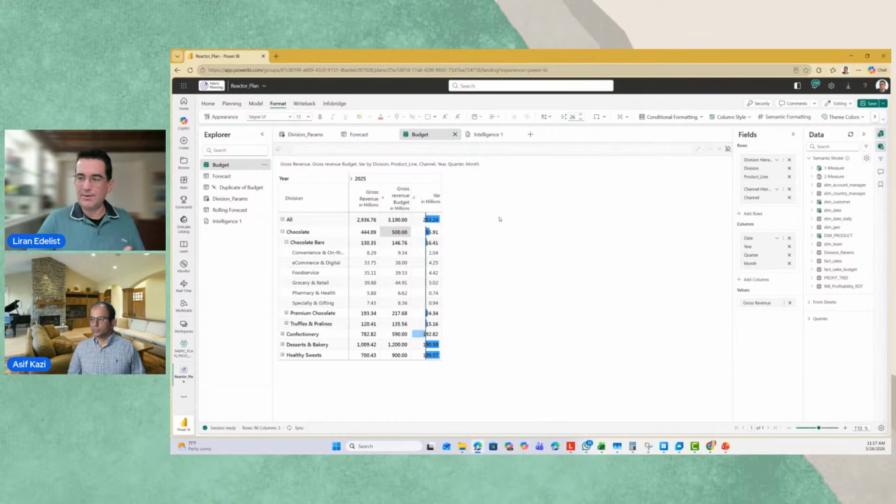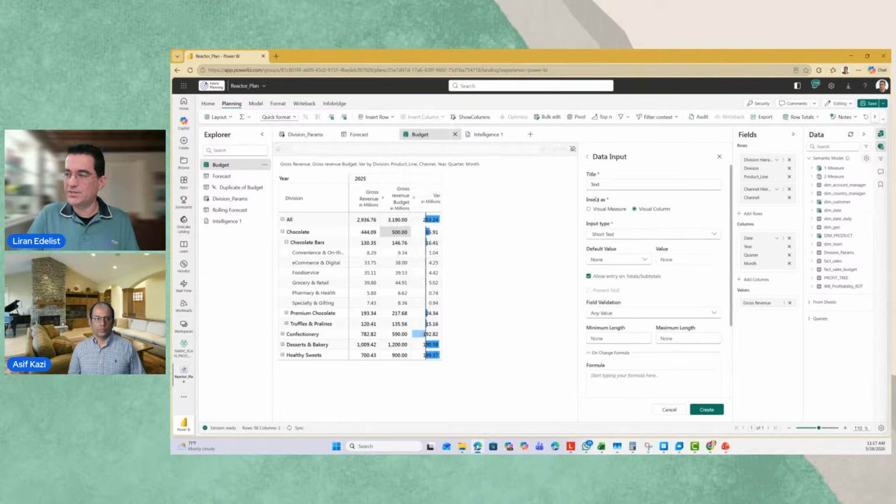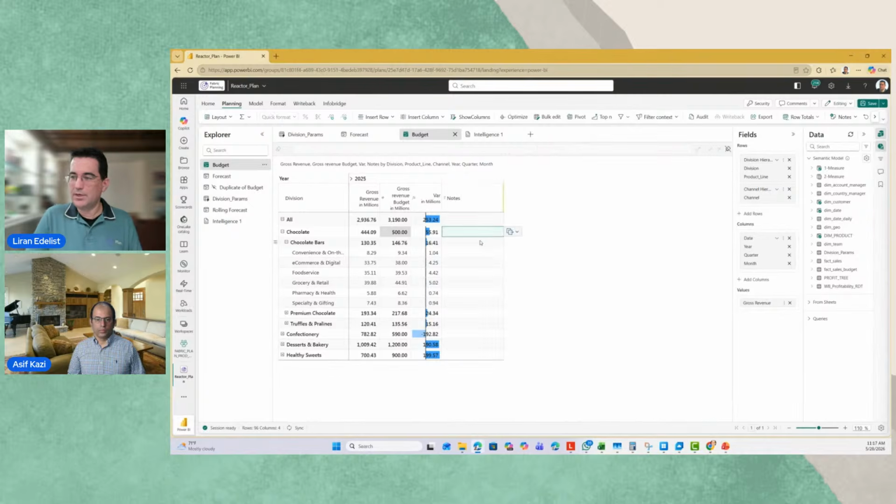Now, people say, well, I really want to communicate to people about that 500K, that it was a management decision. I want to add some commenting here. That's fine. The planning screen allows you to create many different types of data entry columns. One of them could be just a text where you can put your notes, and you can decide that notes could be for every month, or only one per row. I will create a notes column now, and I will say that management put a 500 million goal, right? So now I can have that sort of information connected to my data.